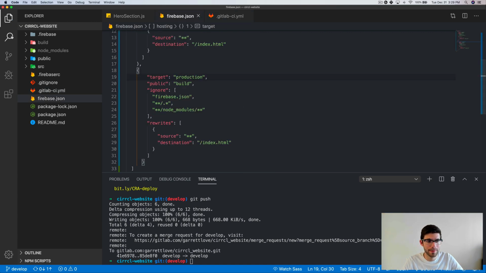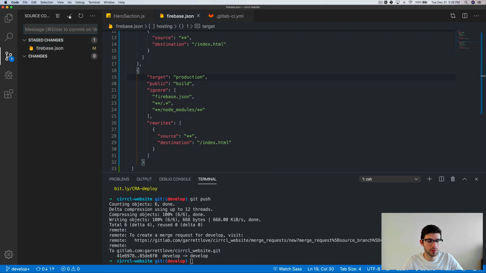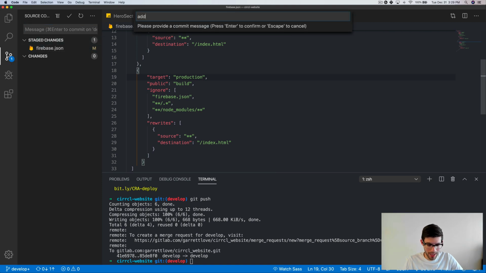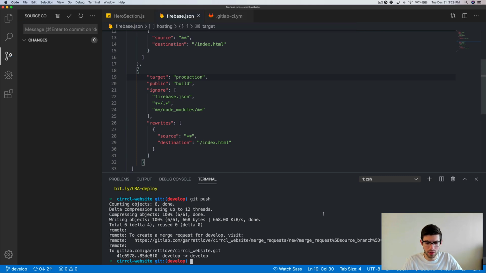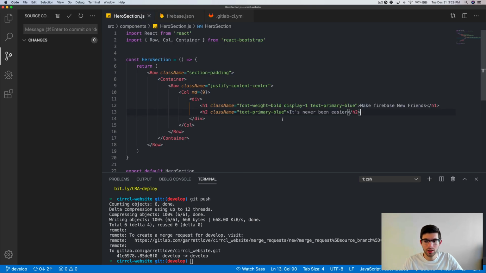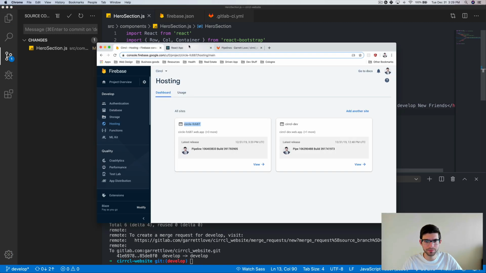So production. We'll add that. Now we'll go over here and we will say added production and develop website to Firebase config. Now let's push that but first, let's change this and we will say Firebase develop. Now what's going to happen, if this works correctly, what will happen now is that